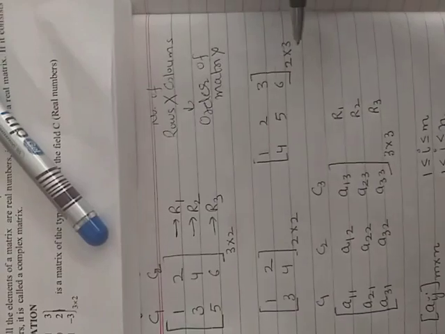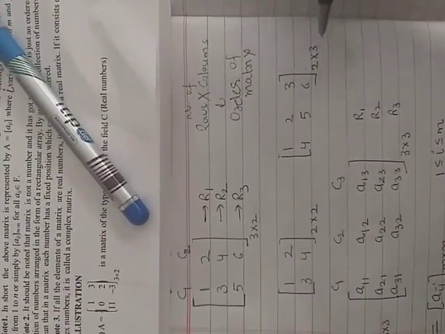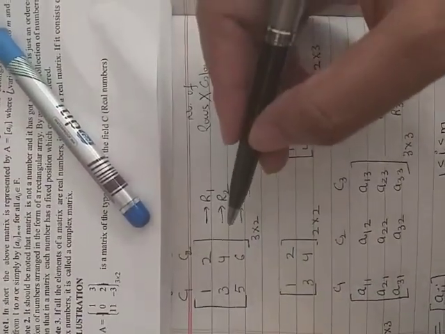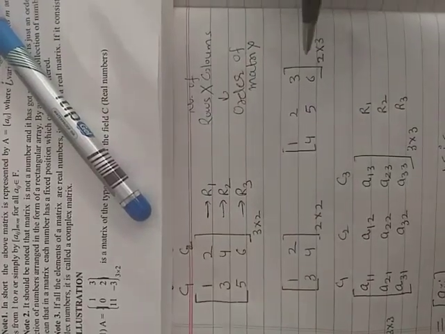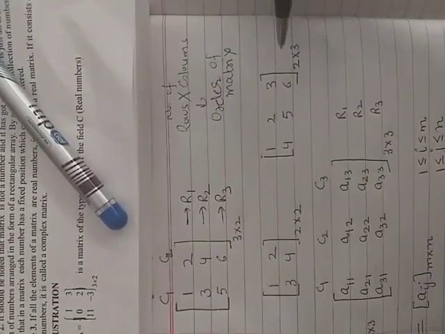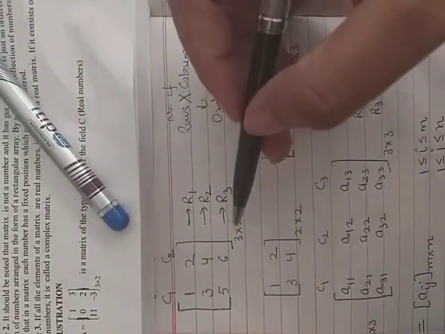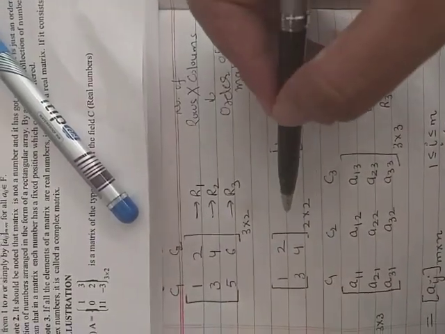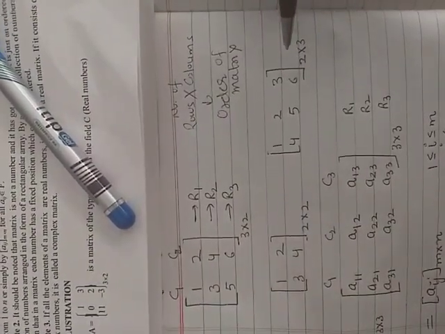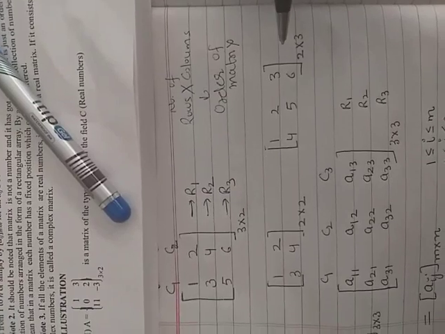So order of matrix को हम 2 into 3 या 2 into 2 नहीं पढ़ते. This is read as 2 by 3. You will read it as 3 by 2 matrix, 2 by 2 matrix, 2 by 3 matrix. And number of elements is given by their multiplication. So it contains 6 elements, it contains 4 elements, it contains again 6 elements.